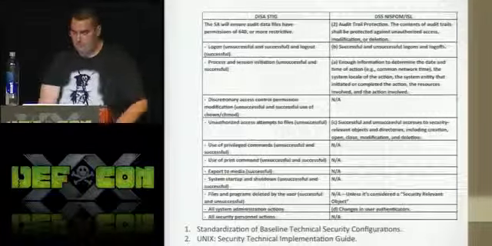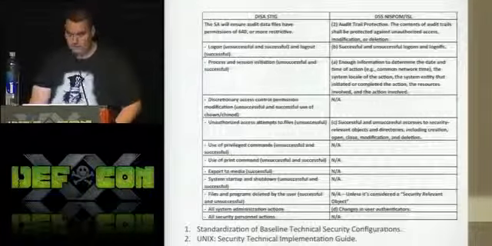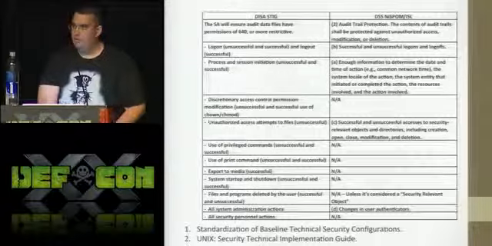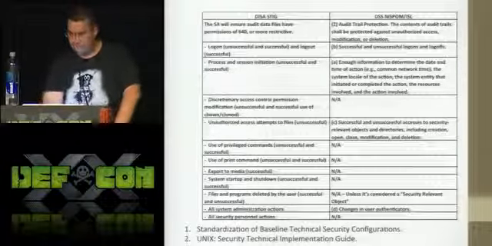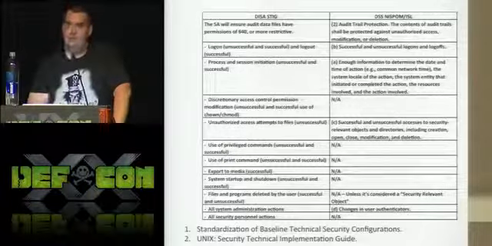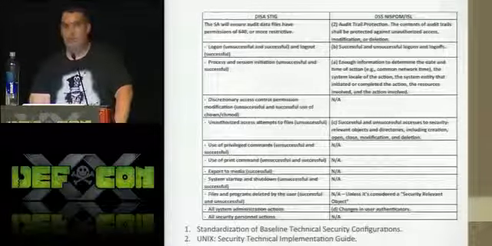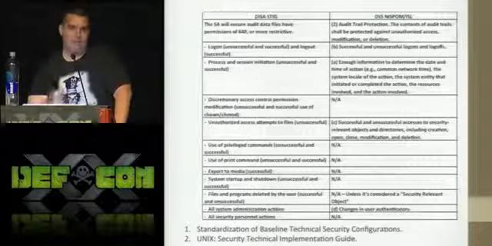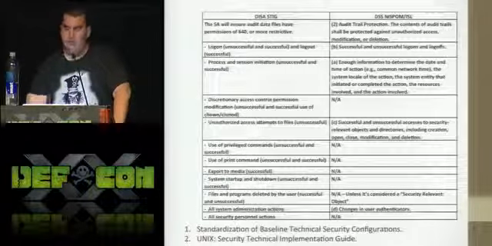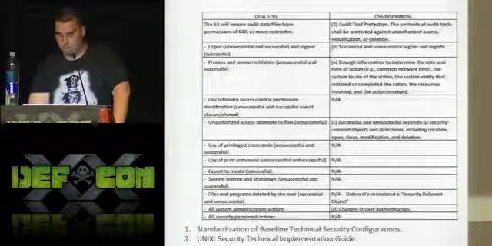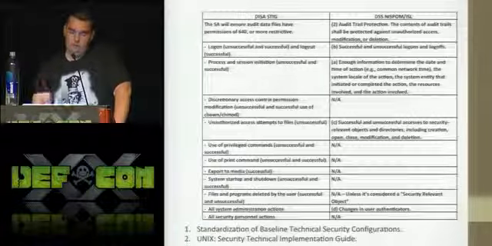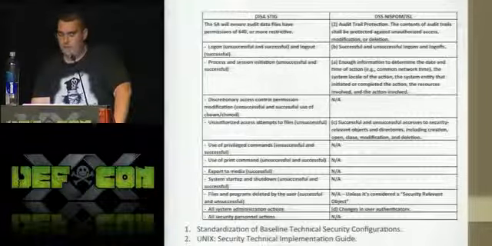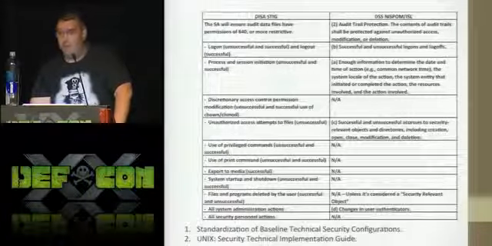So I did a quick comparison here. I hope it came out okay on the screens. DISA, this is another agency in the government, called the Defense Information Systems Agency. They're the ones that actually come out with the controls for things like SIPRNet or the NSA net or FBI net. I think they're pretty secure, and as you can see, they cover a lot of different things. I did a quick comparison between what the STIGs call for and what the NISPOM and ISLs cover.